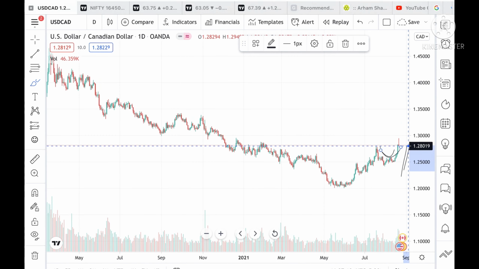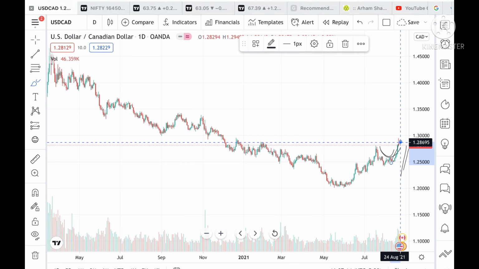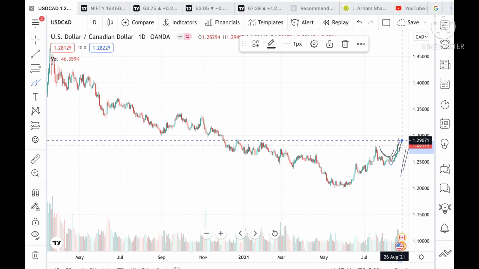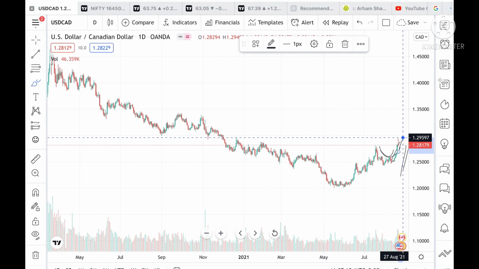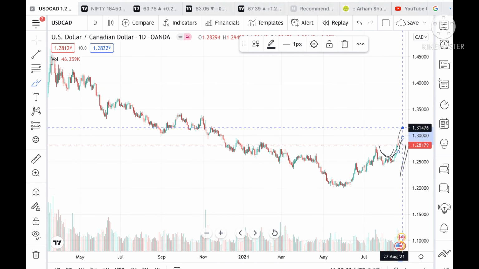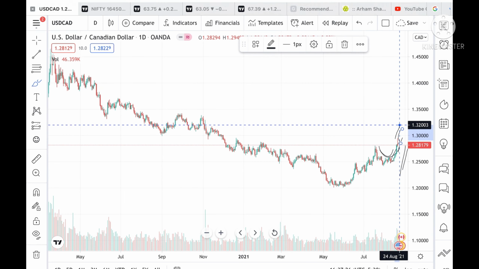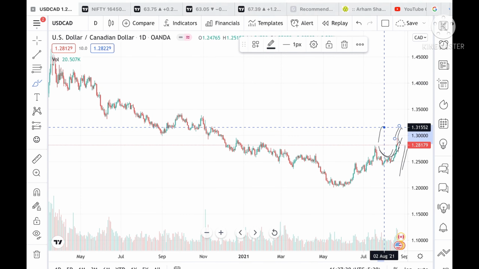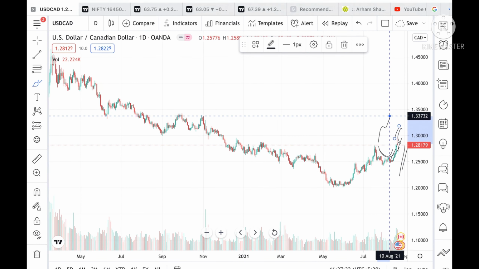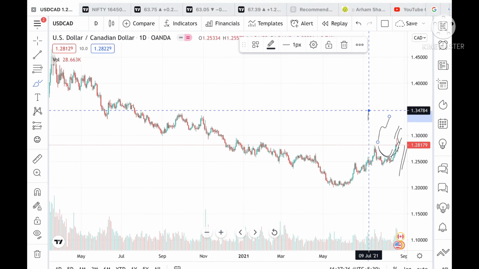Suppose if it sustains a level of 1.280, then we can see that it can bounce back and can touch a level of 1.28695 and from there a level of 1.29597. If it sustains this level, then we can see further upside to a level of 1.31 and from there a level of 1.31377, and if it goes above that level, then we can see a level of 1.33732 and it can touch a level of 1.34333.